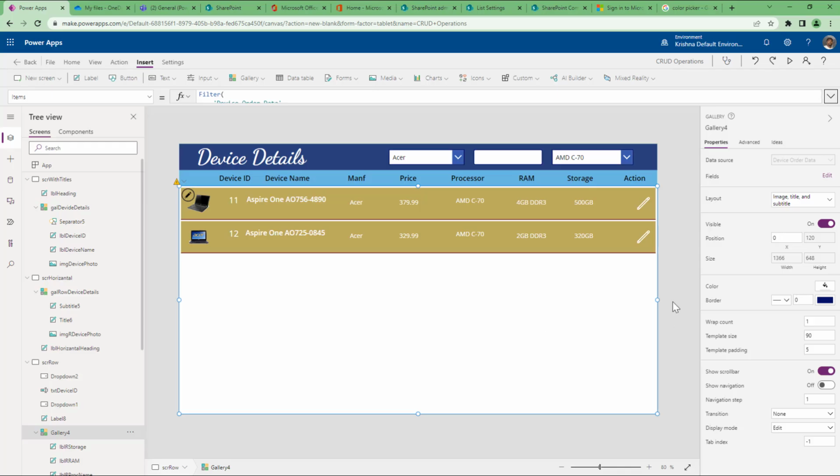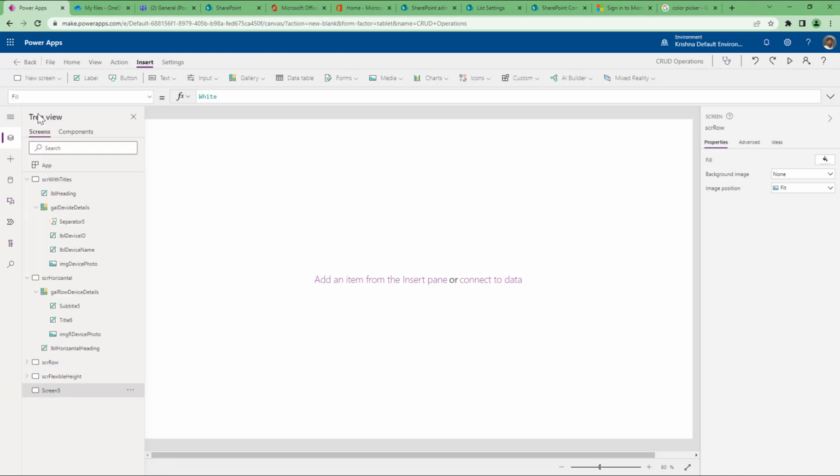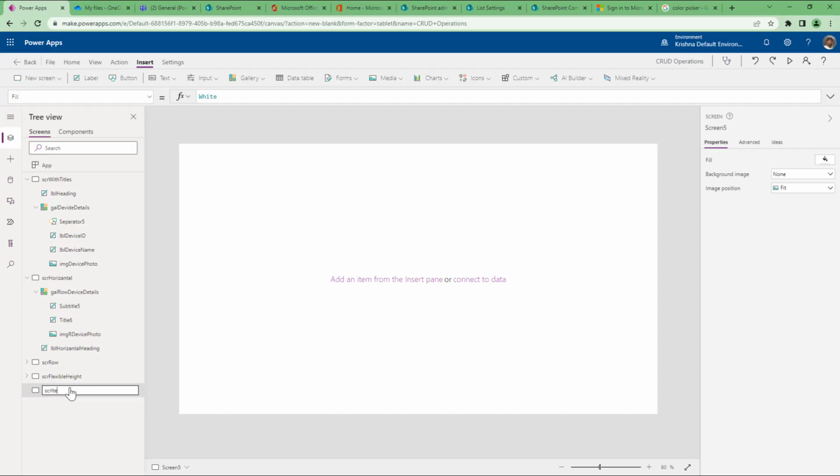Now, once this is done, the next thing, and a very important one, is forms. Forms in Power Apps play a major role. There are two types of forms we will see in Power Apps by default: the edit form and the display form. These forms are basically used to show the selected item details in a proper form orientation, or all the fields in an interactive orientation. Now go ahead and create another screen, SCR item details,